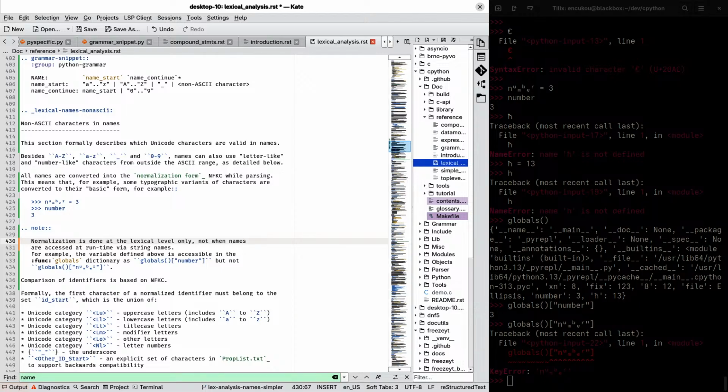We probably ought to have a document somewhere that's titled something like everything you wanted to know about Unicode in Python, but were afraid to ask.